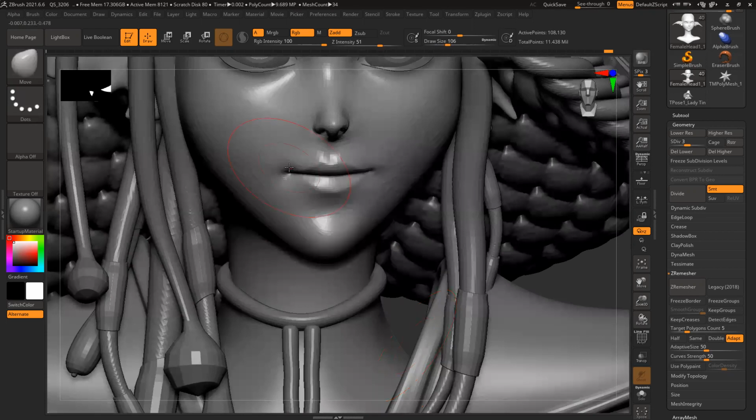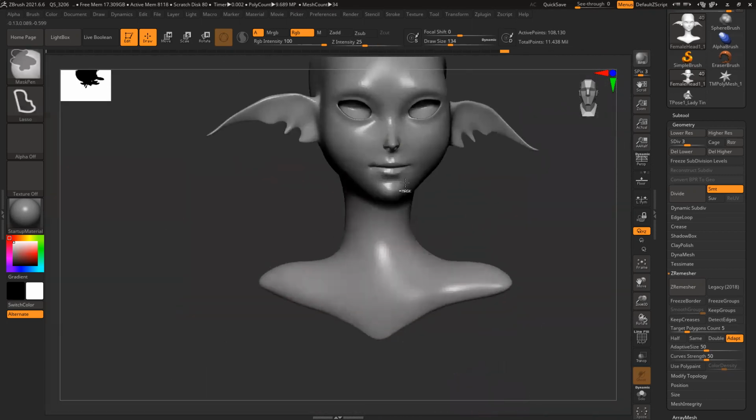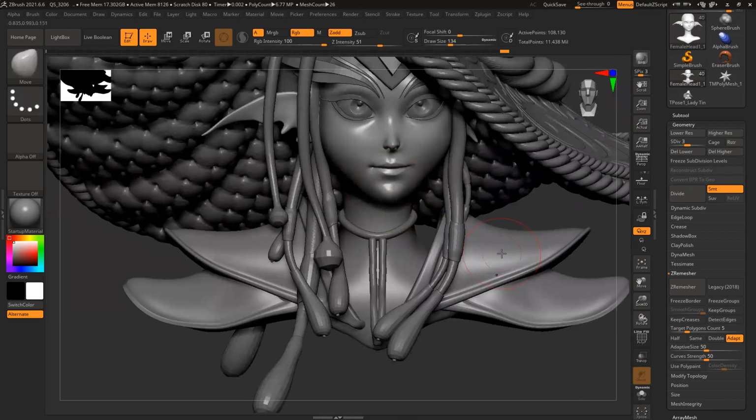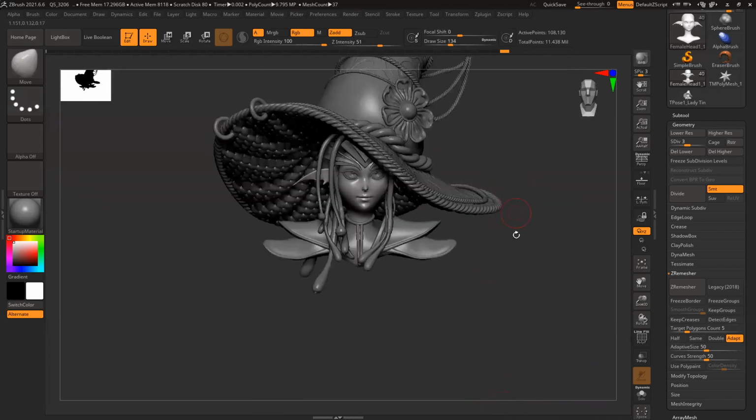And the chin is slightly smaller. Now it's much better. Previously it was a little too elongated, so I reduced it.